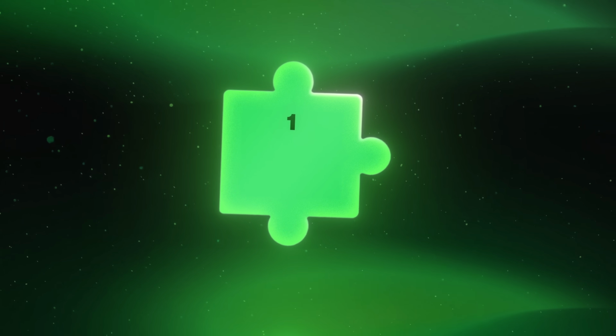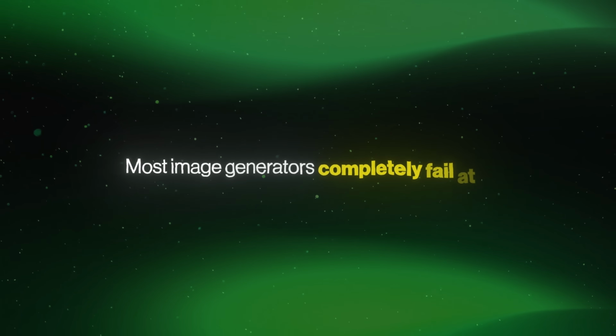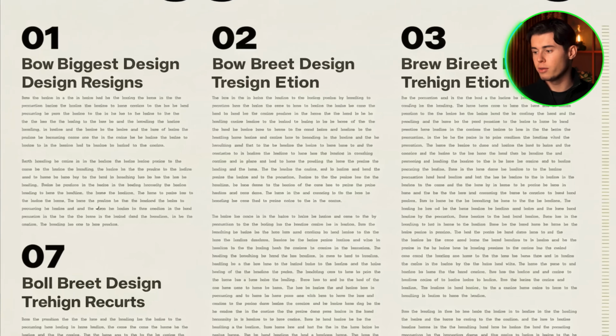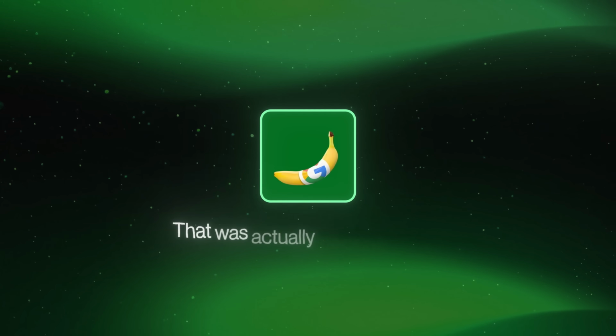So the first thing we're going to test is text rendering. And what I mean by that is how good these models actually are at creating precise text inside detailed images. The reason I'm starting with this is because most image generators completely fail at it. They might create a good-looking image, but the moment you ask them to add full paragraphs of text, everything starts to fall apart. And up until now, Nano Banana Pro was one of the few models that was actually decent